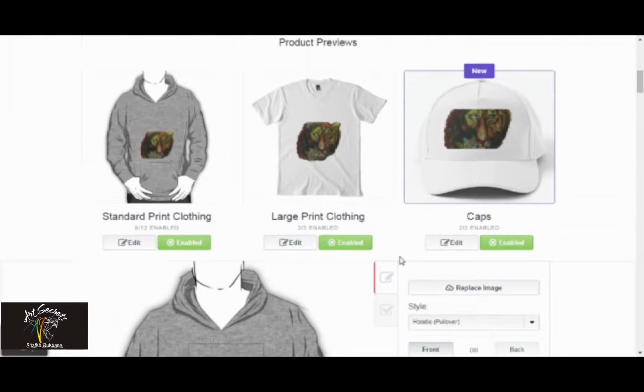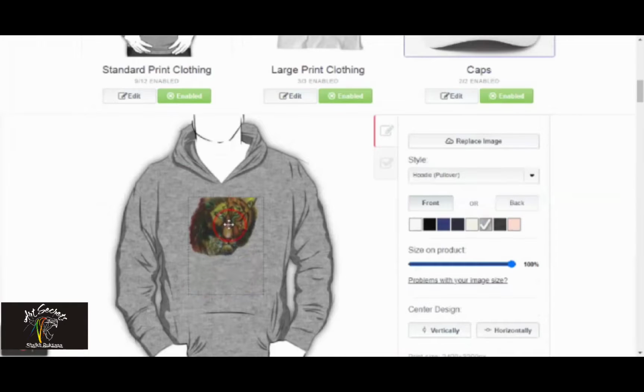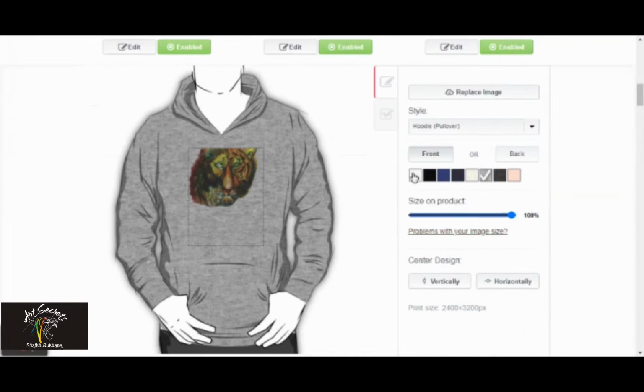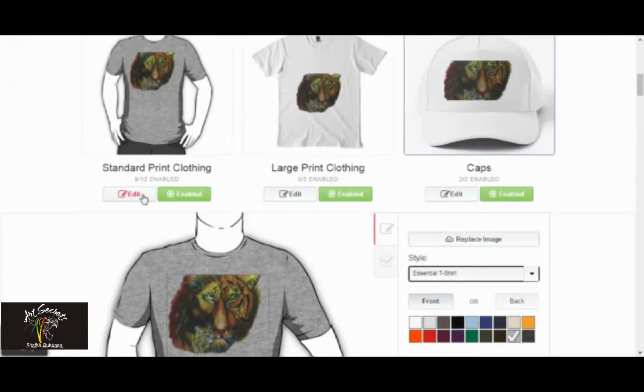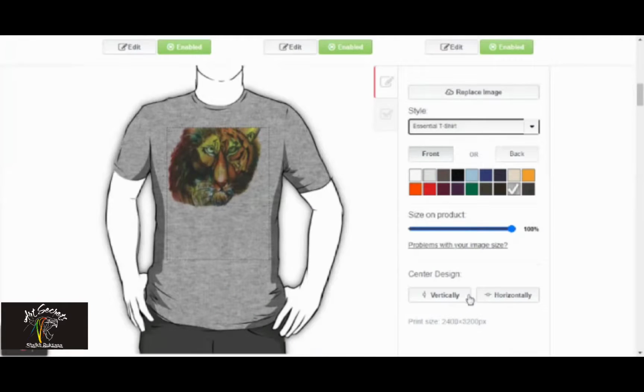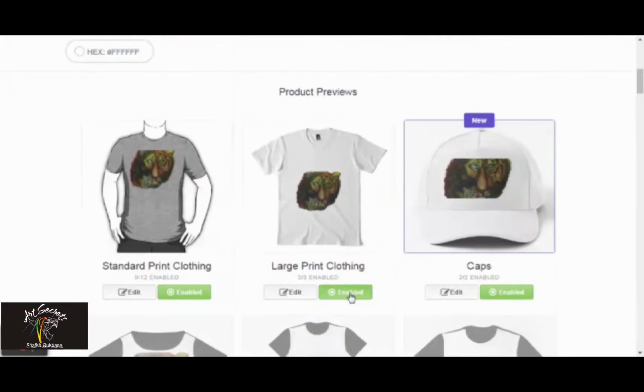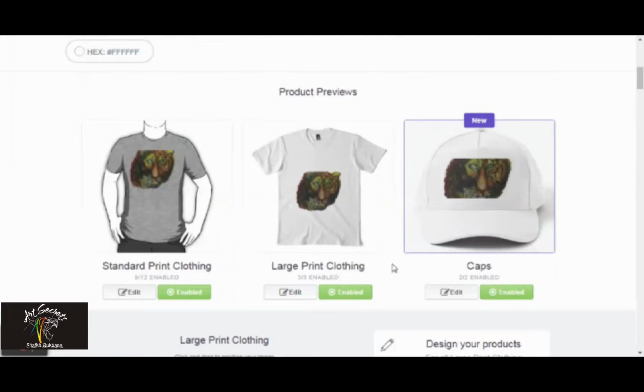So you have to keep selecting all the garments, all the silhouettes, and accordingly your artwork will settle with it. You have to adjust your artwork also, and see how it comes out. Then you apply changes as I have shown, and then you can go to the other garment.